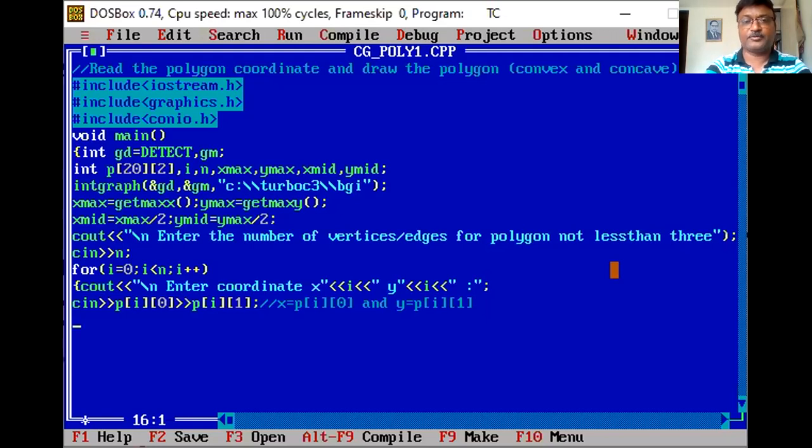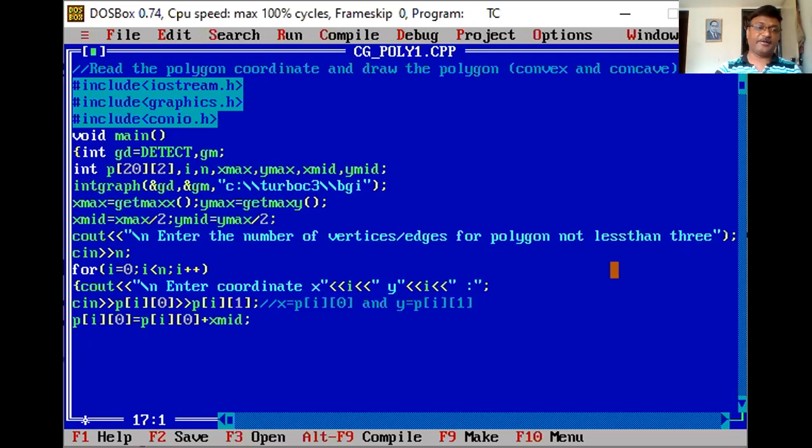Now, once I have stored these values, I have to plot them on my x-axis, y-axis. Simultaneously, whatever value you enter, you have to put P[i][0] plus xmid, because I am implementing this program on the x-axis, y-axis.